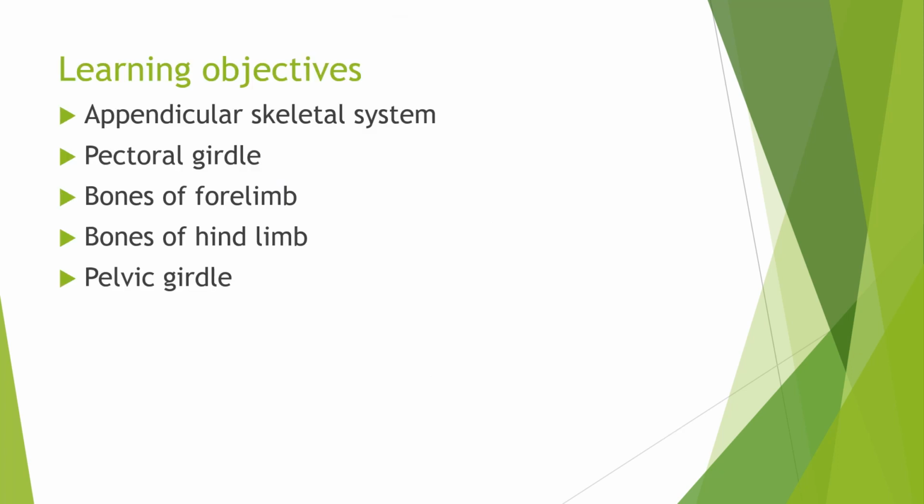So what are the learning objectives of this lesson? At the end of this lesson, we will be understanding what the appendicular skeletal system is. We will be able to define that and we will discuss the pectoral girdle. We will be able to tell what are the bones present in the forelimbs and how many in number. And we will be able to discuss the bones of the hind limb